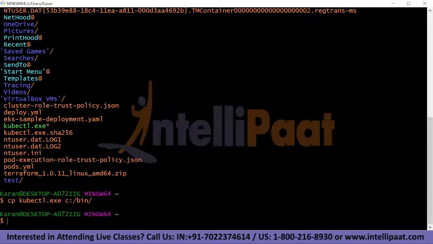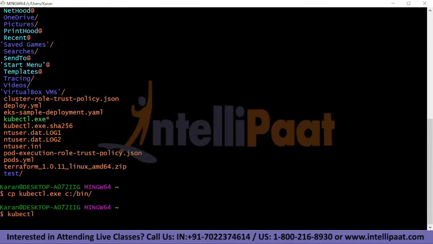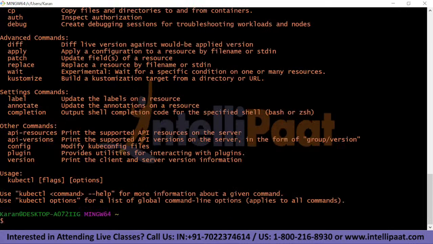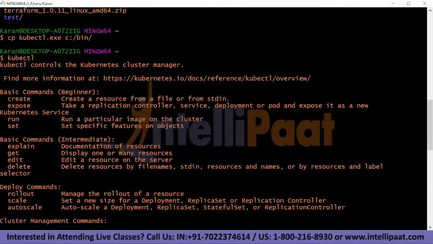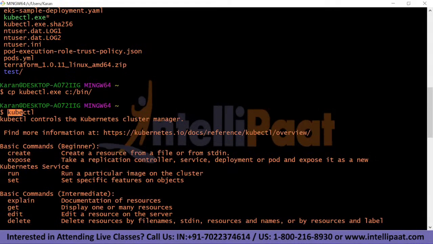Now how do we check that kubectl is working fine? We'll write kubectl and hit enter. It should provide us with all the options that are there, for example kubectl apply, kubectl refresh. All these options are available with kubectl, and hence we can say that kubectl has been installed properly. Okay, so now that we have the AWS CLI and kubectl as well, let us talk about the last and final prerequisite,